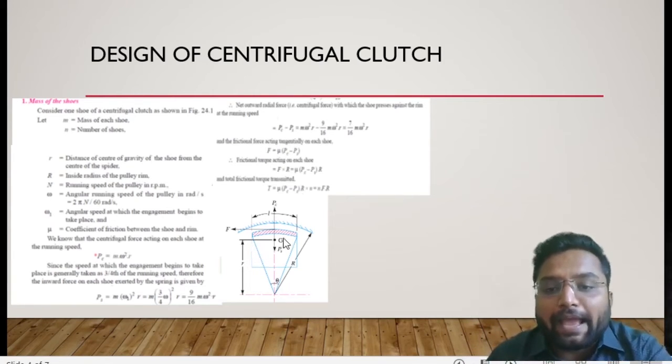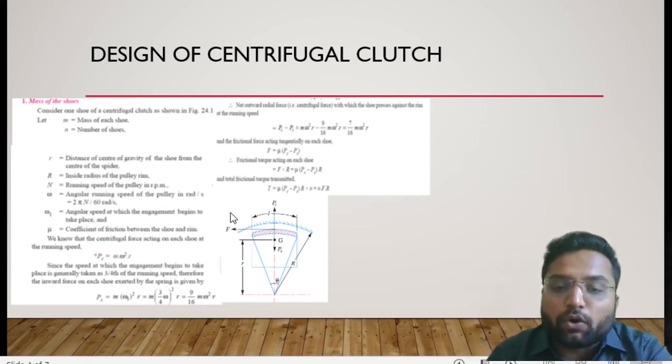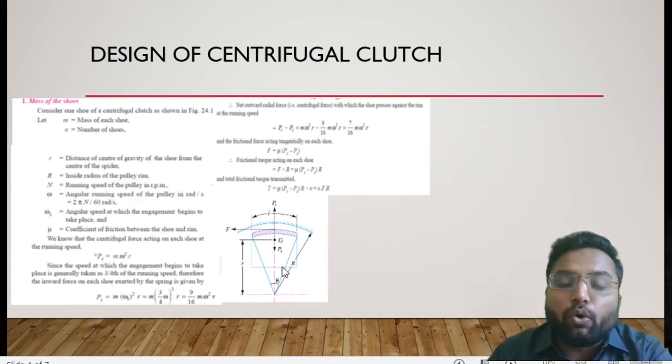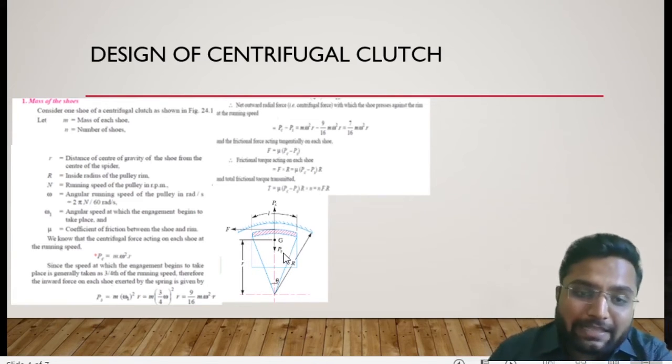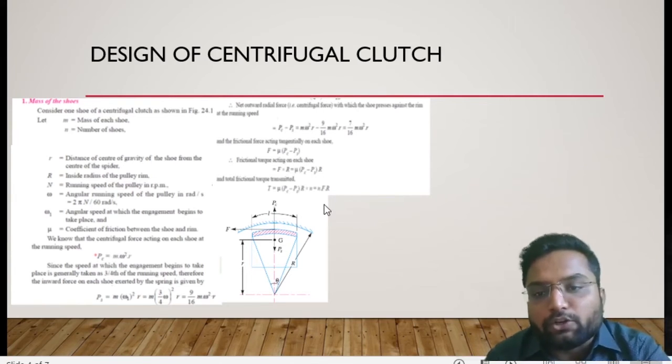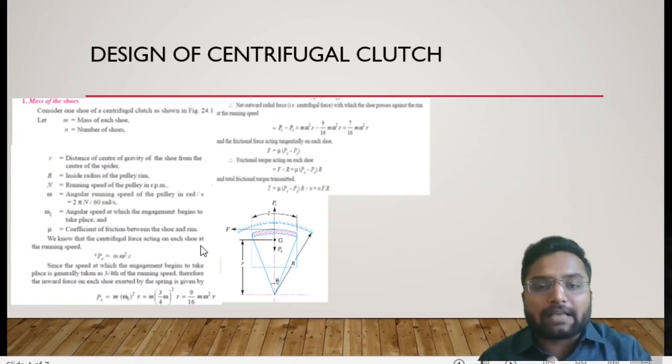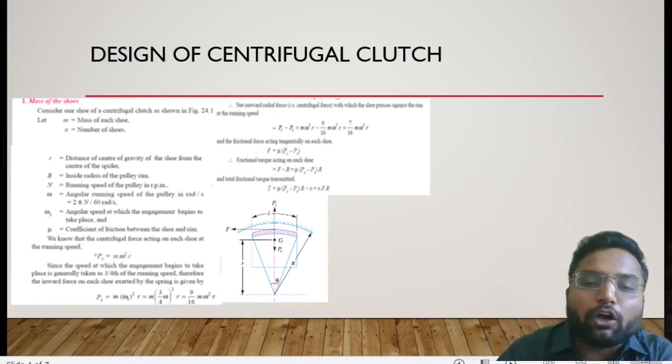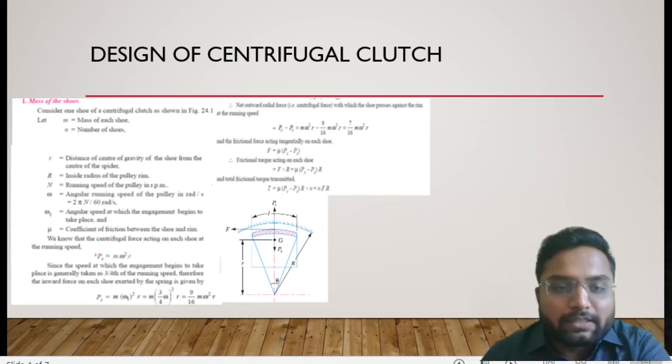This force will act tangentially on our spring-loaded mass. So this tangential load will be denoted by F. So F into R will provide us the sufficient frictional torque which is required to have this connection between the outer surface and our inner surface, or you can say driver line and driven line. So ultimately torque will be mu (Pc minus Ps) into R, which is mu n. If there are n number of shoes, then mu n into F R. So this is how the mass of the shoe could be found out depending on this torque. Clear? I hope you got this point.